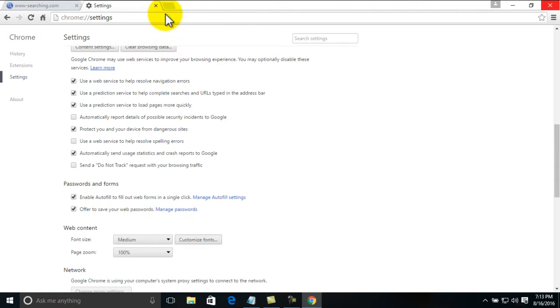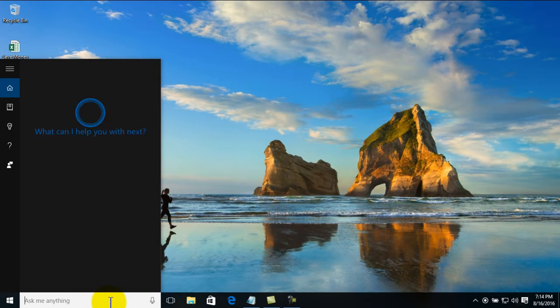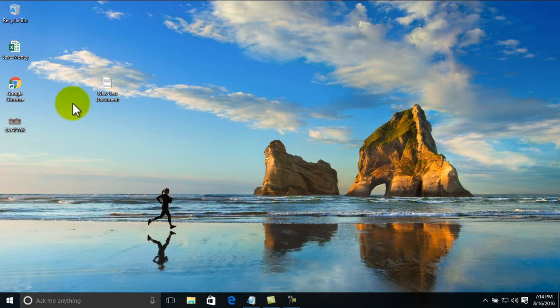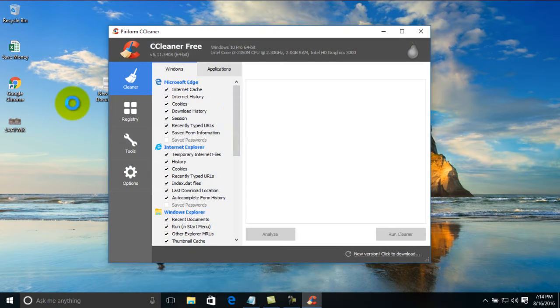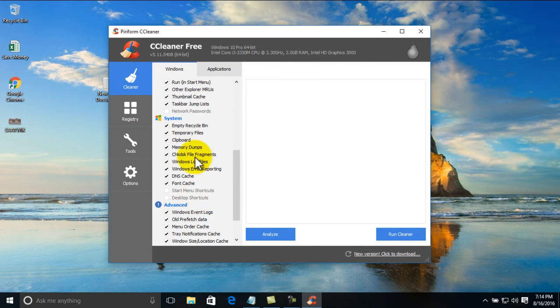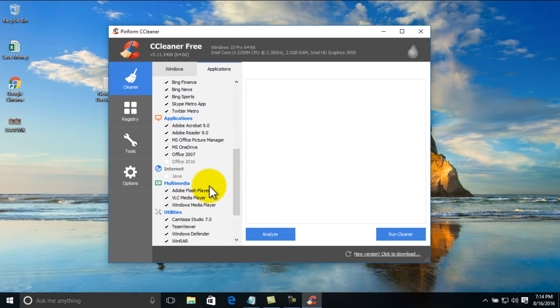And the next thing is which is the best software to delete all these temporary files. I am using CCleaner, which is the best software for me to delete all the temporary files. When I write CC here, CCleaner is available. I am clicking on this one. Yes, it came up. All the information is available here. All this data will be deleted automatically, and application data is also available here. Those data are also deleted by this software.